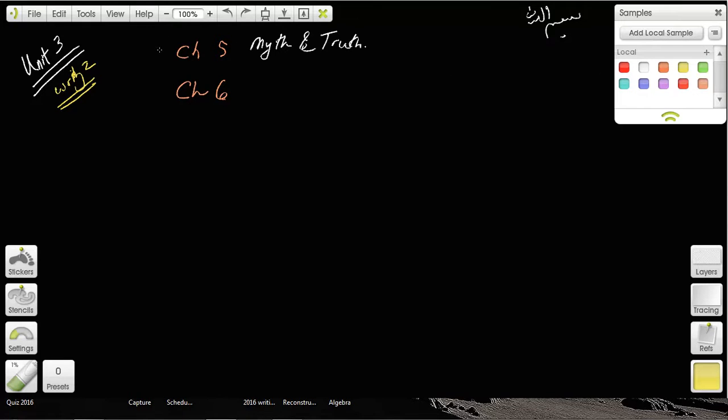Bismillahirrahmanirrahim. I'm going to summarize some of my notes on Unit 3 in Writing 2. Unit 3 in Writing 2 has two chapters, Chapter 5 and Chapter 6, and they actually have the same title,